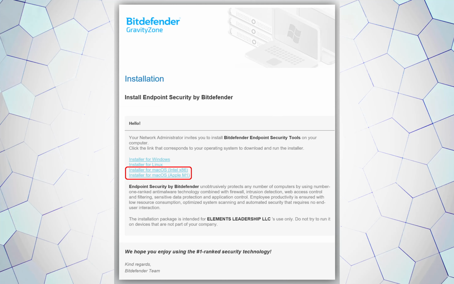The first step is to download the Bitdefender installer. You should have received an email like this containing the links to the different installers, and as you can see there are two different links for Mac OS. One for the traditional Intel-based Macs, which is what I'll be using today, and one for the newer Apple M1